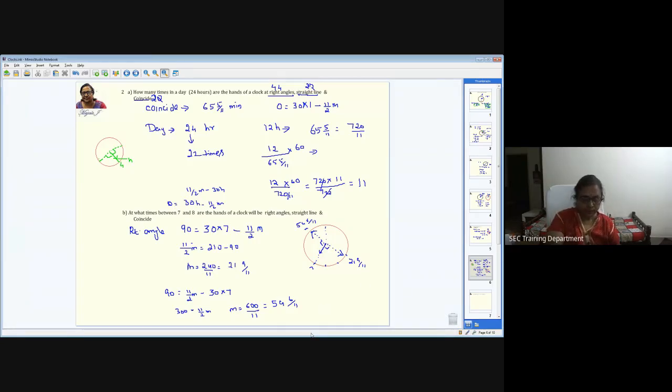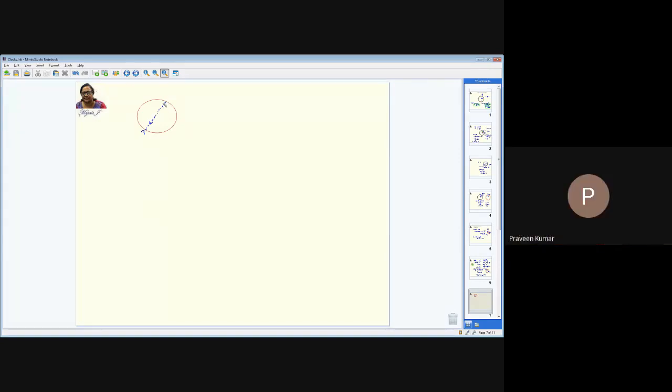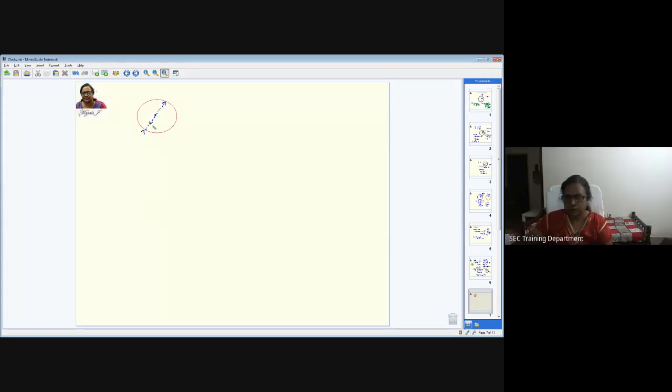Between 7 and 8. So you don't have to do all this. I'll just give a brief, small clue. You always keep this in your mind because you can't keep drawing there. Here I'm drawing just to explain to you. See, 7 is somewhere here. So this is going to be your hour hand. So where is your minute hand for the straight line? Exactly opposite. So this is going to be somewhere approximately there.